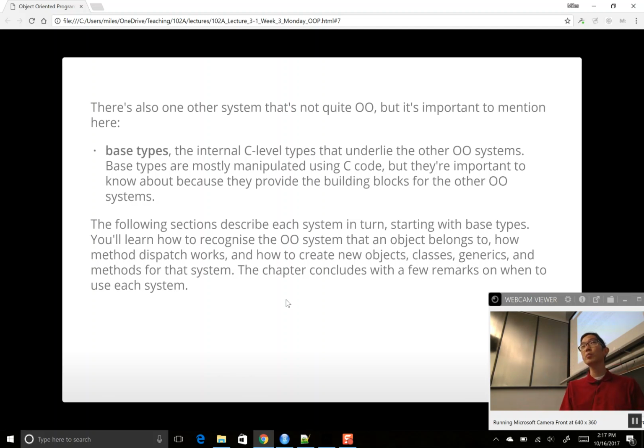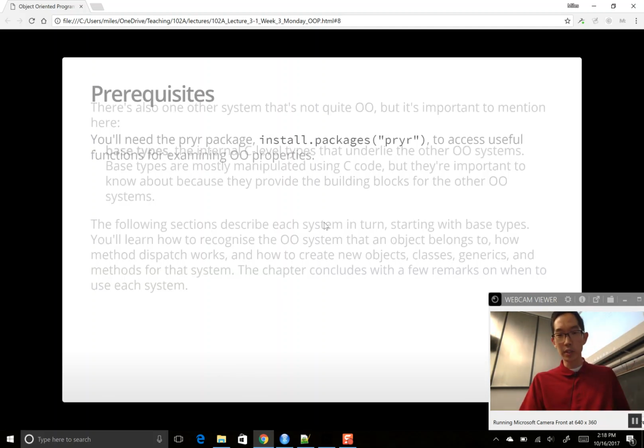And then when we use print on a list, what R outputs looks different from when we do print on a numeric vector, or when we ask for print on a factor. When we ask print on a factor, it prints out the factor and it also prints out level information, all sorts of stuff. So that's what the object-oriented system allows us to do. Okay, so